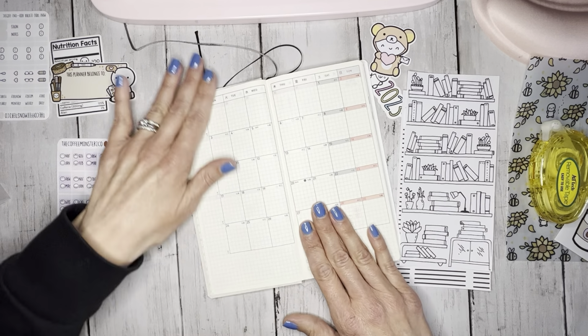But I'm going to leave this last week of March because I've been debating. I think this is where I want to put my book tracker. I haven't decided. It's either going to be here or in my notes section. I've said this before in the past. When it comes to